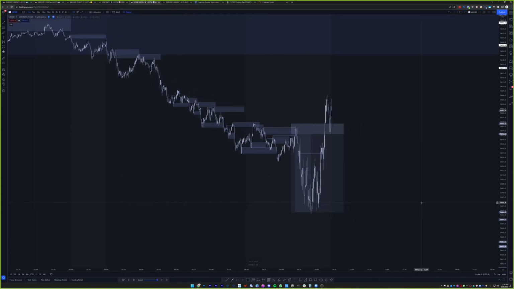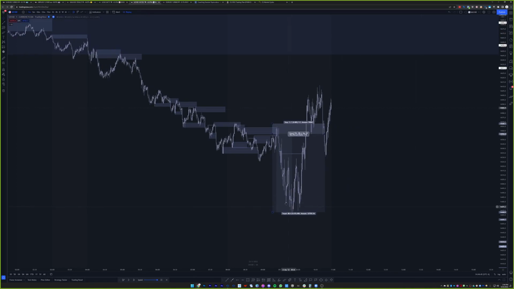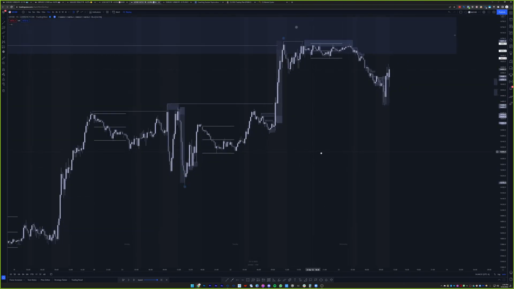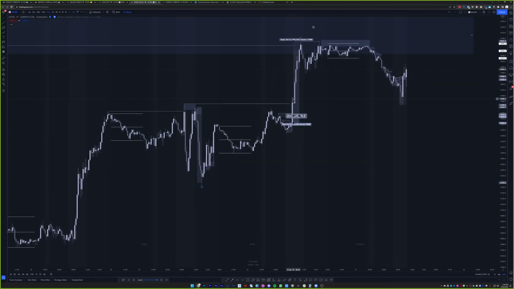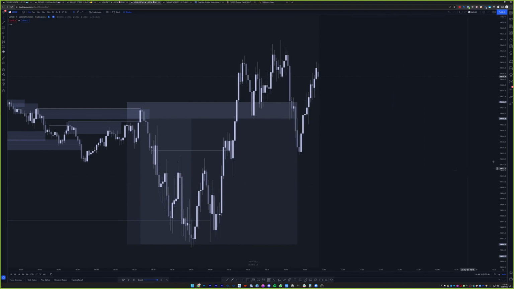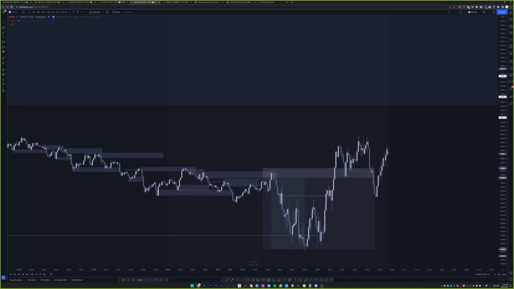Anyways, this ended up pushing back up in the short term. It's hard to say if I would have closed at that. I think we were counter trend to the 4 hour, so I would have definitely taken partials at this level anyways. That's kind of what I was thinking, but I didn't even get the chance to do that. So, let's move to AU next.